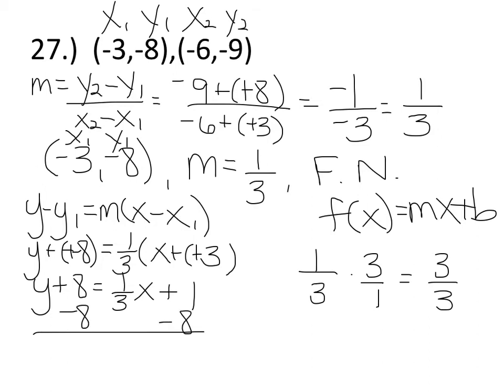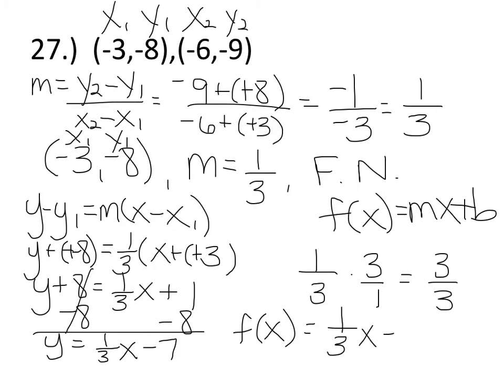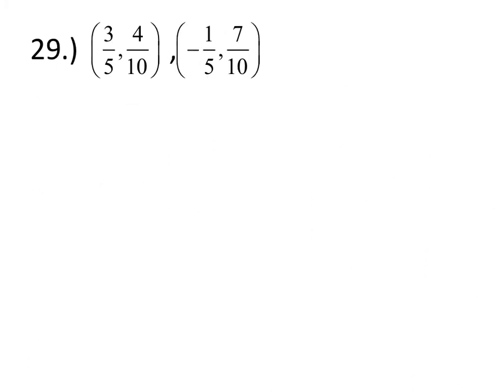Subtract 8 from both sides. You get y equals 1/3 x minus 7. Change y to f of x. 1/3 x minus 7. Okay? All right. Ooh, fun. Okay. So label x1, y1, x2, y2. So m equals